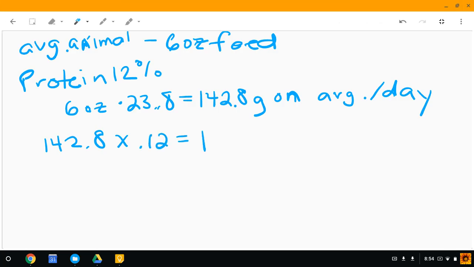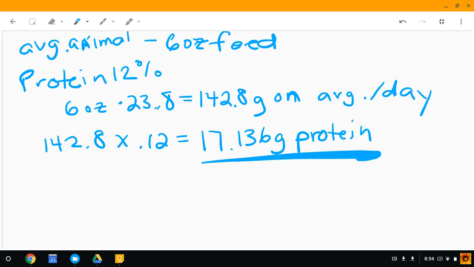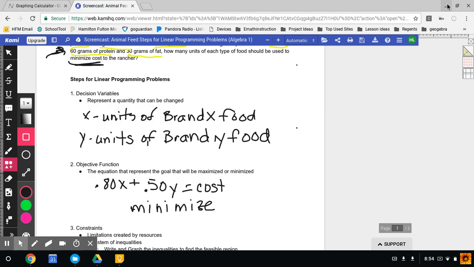And find out that my animal needs 17.136 grams of protein. And that would be your goal for one day. So going back to the problem that we were working on,